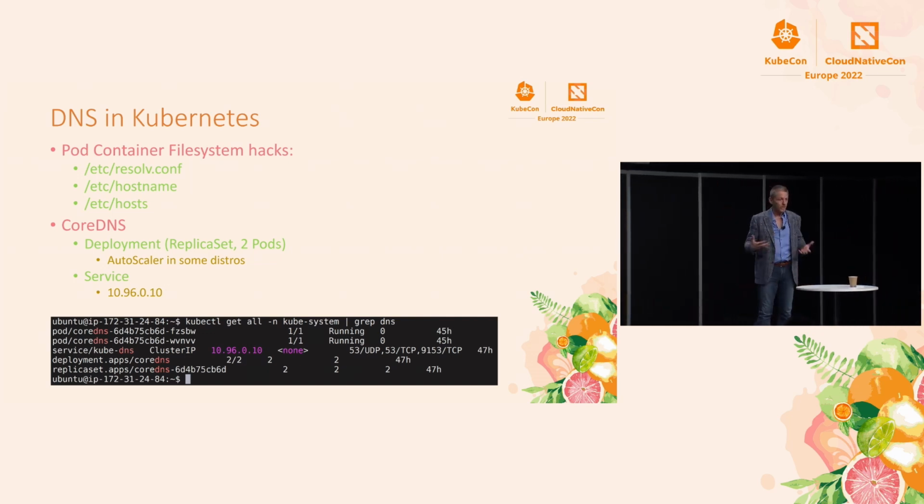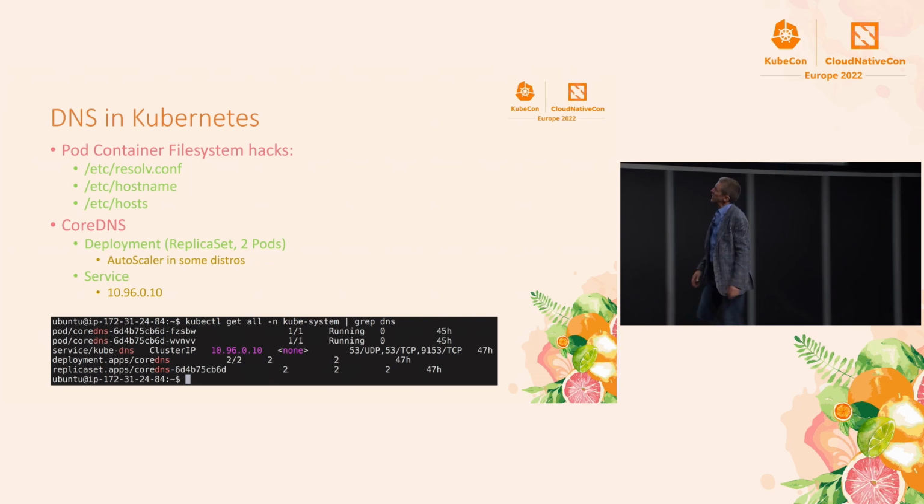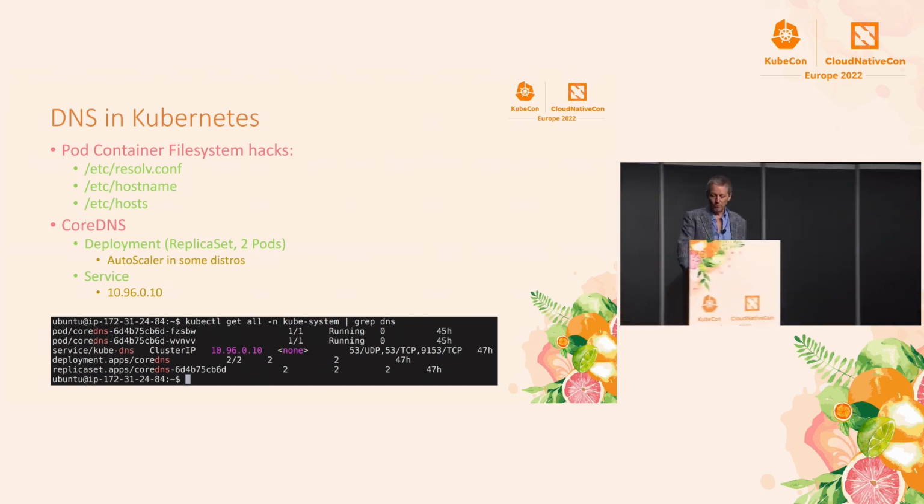Because when your pod tries to look up a name, it needs to go to core DNS to find the IP of that service. Right? We don't generally look at pods. Right? They're ephemeral. We don't care about them. We care about the API that we're trying to consume, right? The interface, not the implementation. And so that's a quick look at core DNS and how it's set up and what it does.